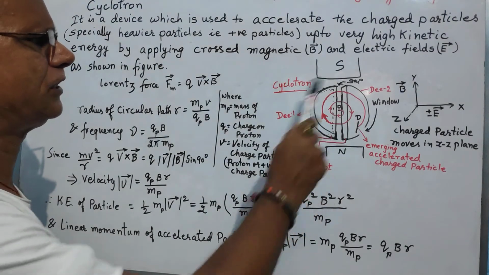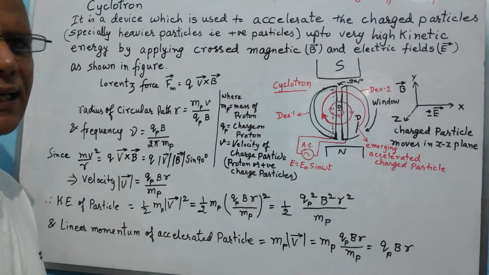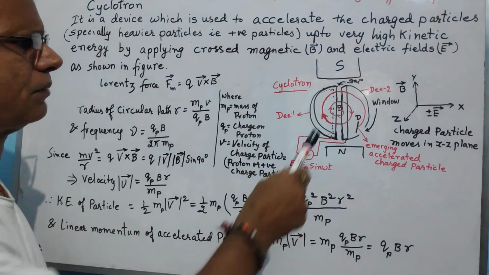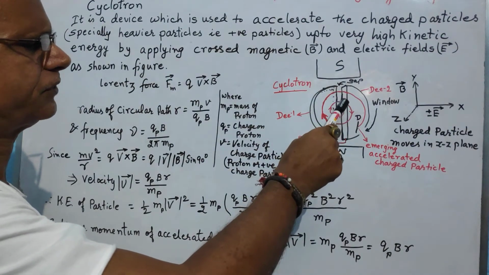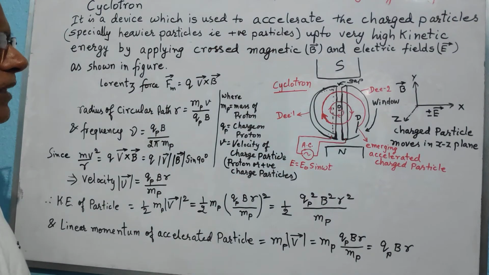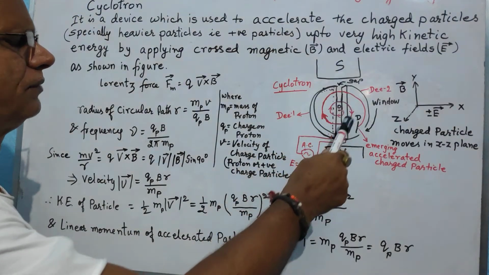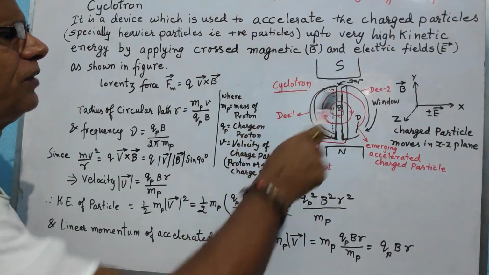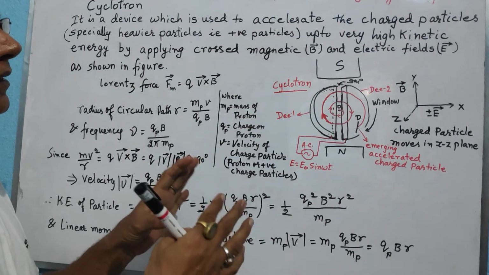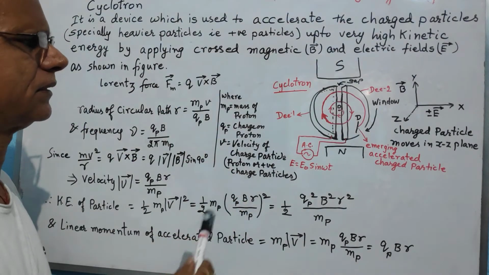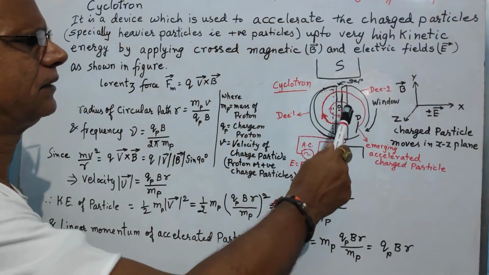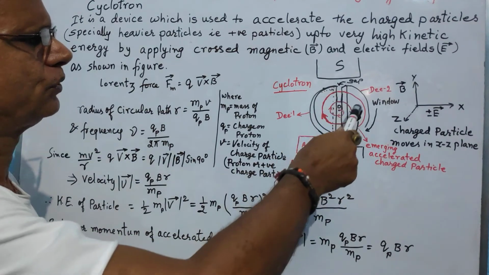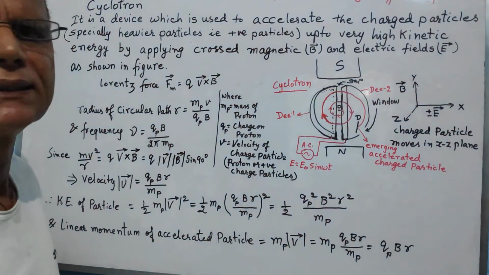So as a result, each time the charged particle crosses the gap, it accelerates, and then on entering the D area, it follows a circular path, and of course a circular path of bigger radius. So by and by the velocity of the charged particle is increasing every time it crosses the gap, and it is forced to move on a circular path so that it does not stray away. But finally the charged particle will acquire the circular path which is just able to be within the D.